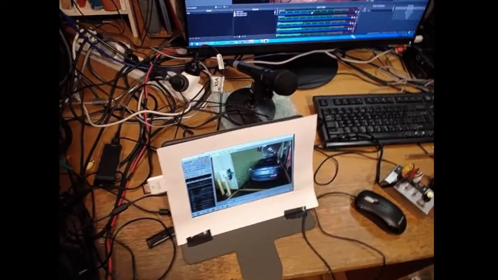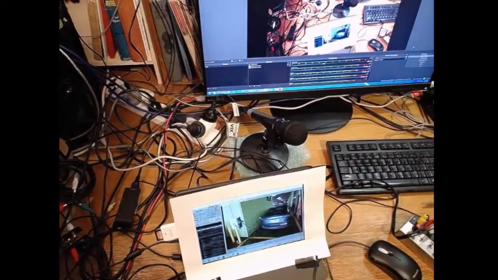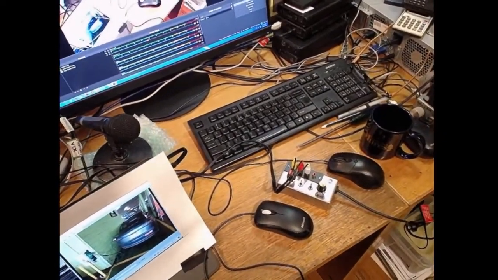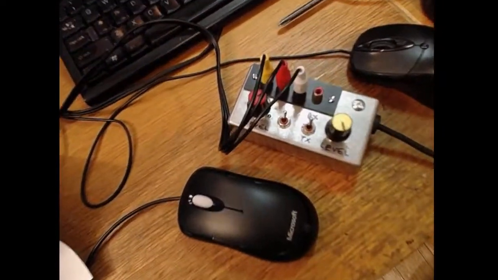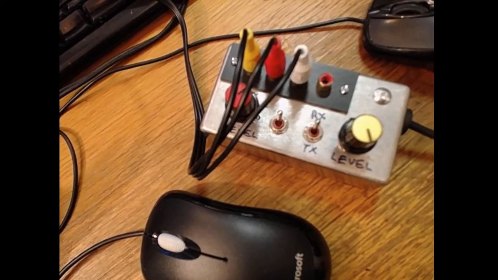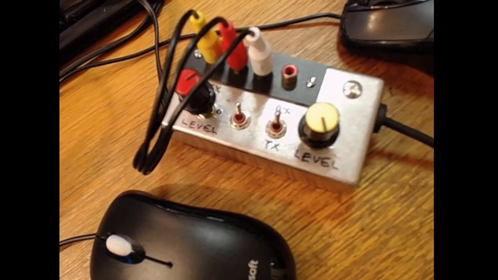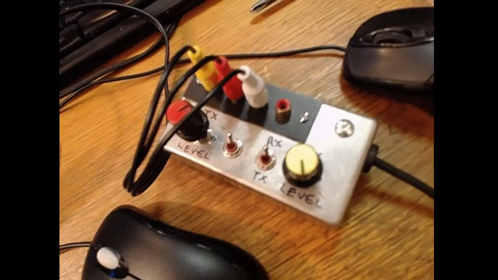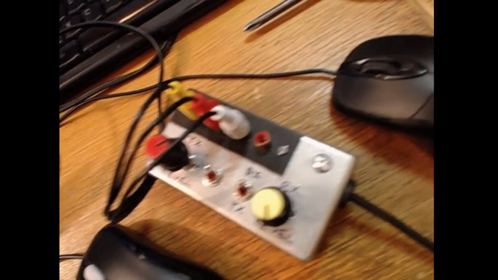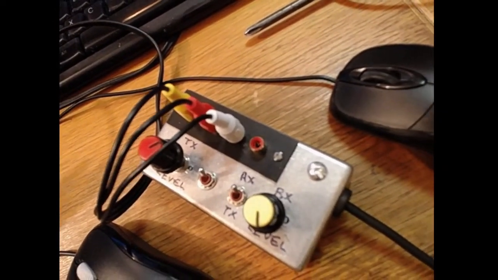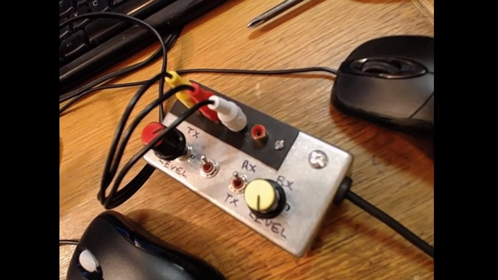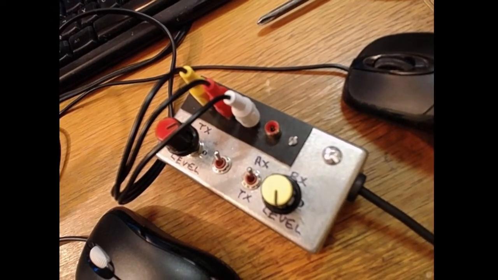VK3 GTG for finals. Yeah, thanks for running the net, Tim. It's been great. It's been my first time on this net, and I'm going to have to probably catch up with you guys. Probably better on the Facebook page, so I can see some pictures of what I should make to be able to transmit as well, rather than just receive.